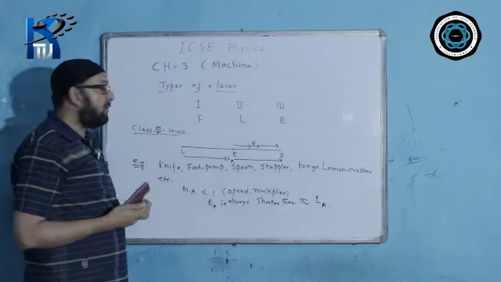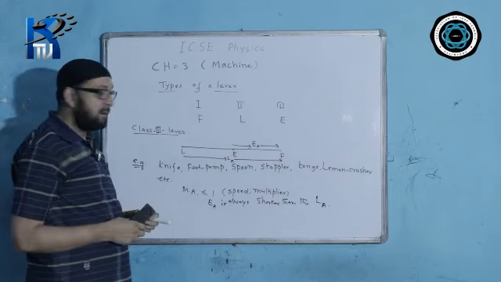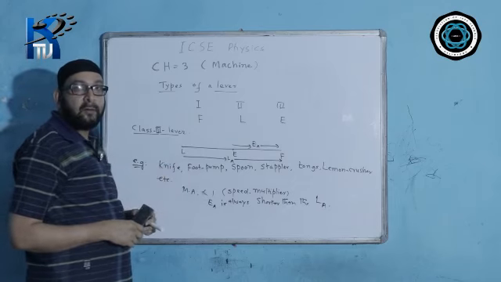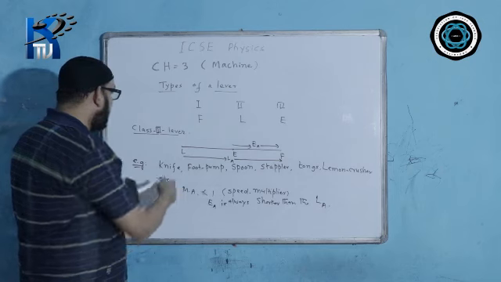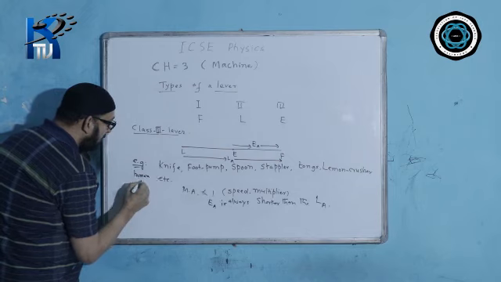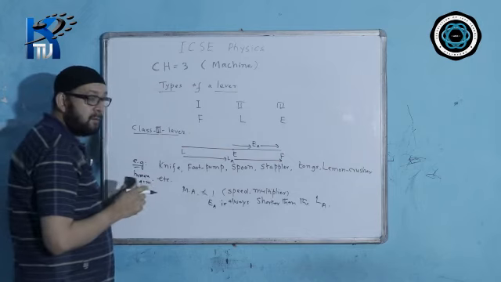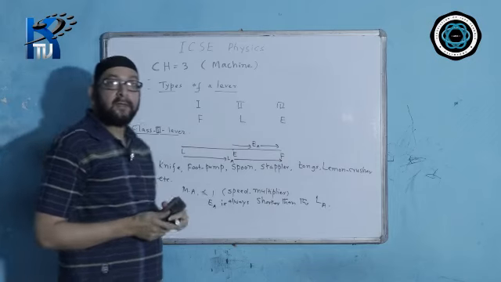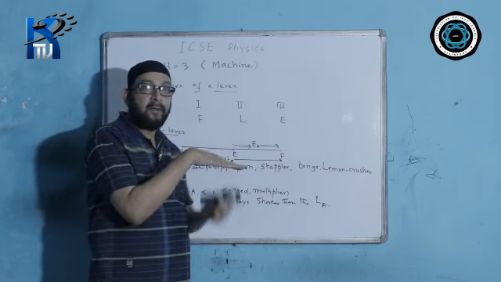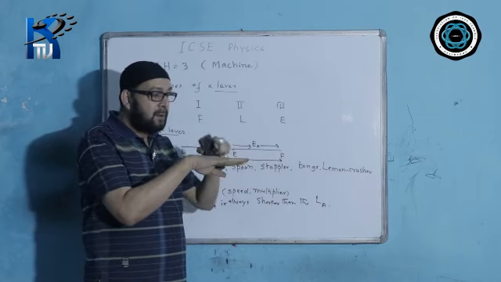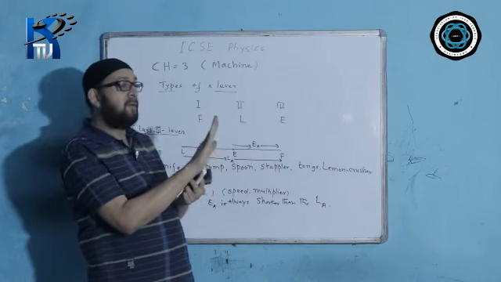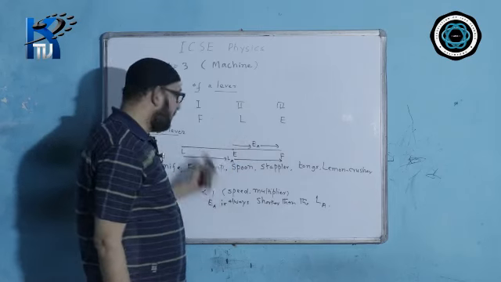So there are 3 classes of levers: class 1, class 2 and class 3. Depending upon the diagrams given, we decide what class of lever they are. Or even the human arm, I forgot about that. The human arm is also an example of class 3 lever. Even a class 2 lever example in our body is lifting a load by using our toes this way. We keep the load somewhere in between, and the ankle is the fulcrum, and we lift it this way. So that is the example of class 2 lever.